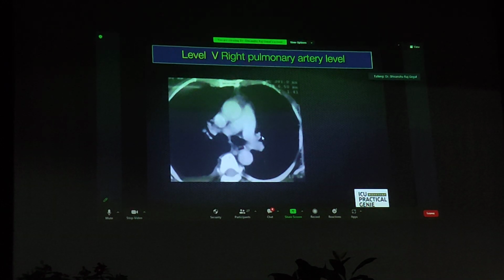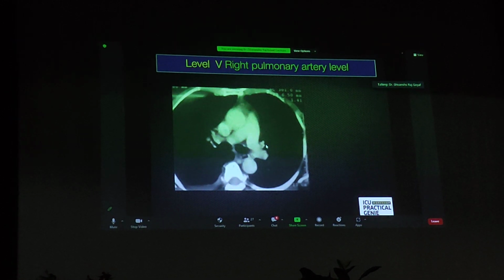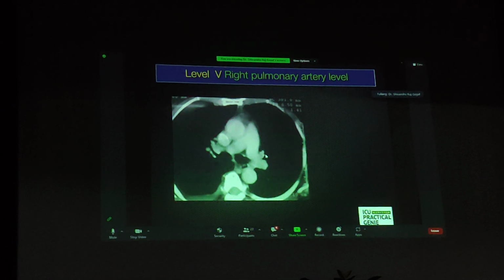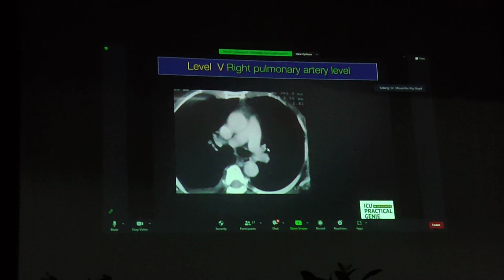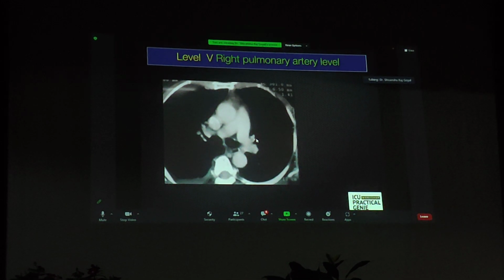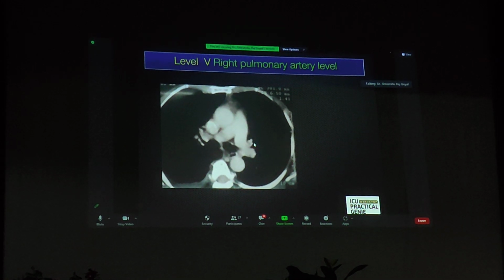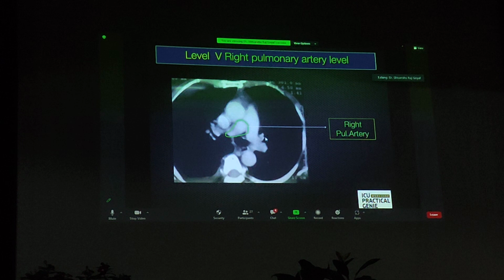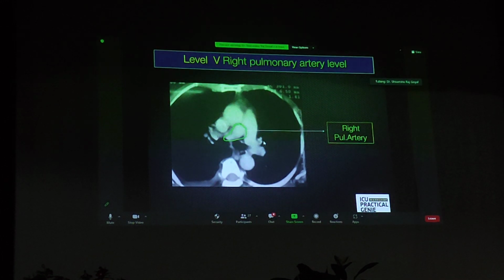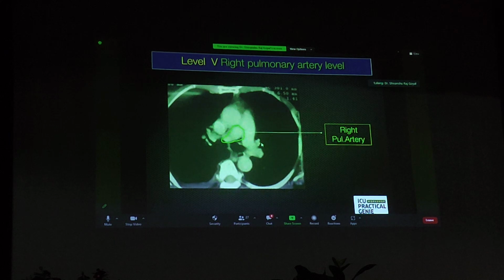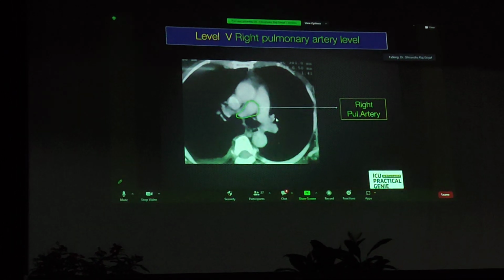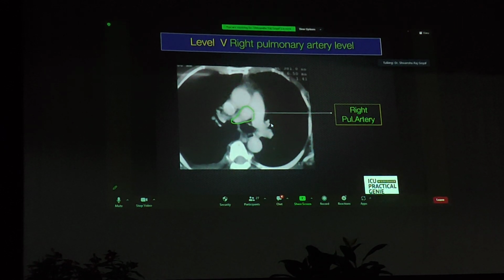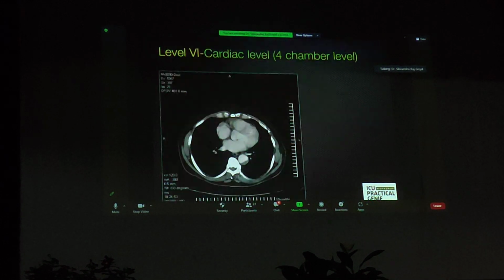Then when you move down even further, you see the right pulmonary artery level. This level is very, very important in a critical care setting because of identification of pulmonary hypertension as well as pulmonary embolisms. I'll be showing you a few slides about that. So keep this particular level definitely in your mind, the right pulmonary artery level. Usually the measurement of the right pulmonary artery is smaller than the correspondingly visible aorta. If this changes, you start thinking in terms of pulmonary hypertension. So: ascending aorta, descending aorta, right pulmonary artery.